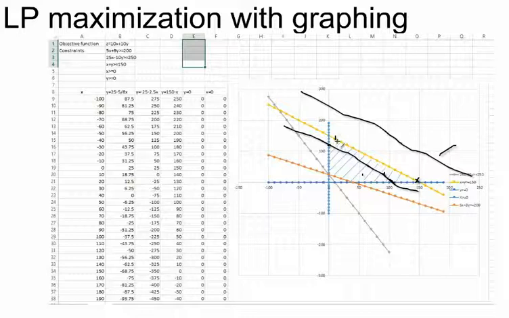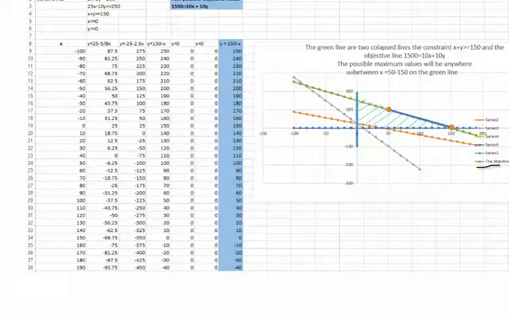Now, how do you find those? Okay, what you need to do is to try different numbers for z. This will give you different lines. One of those lines will cross the yellow line at some point. Okay, this is the line that you want. For this specific problem, though, if we try different numbers for z, we are going to get different lines. One of those lines is the one that you see right here, and this line is going to be the objective value that we want.